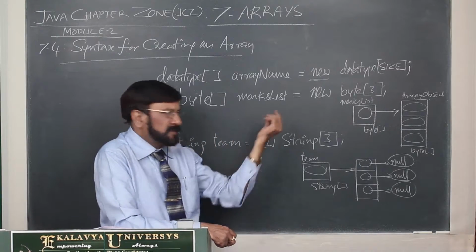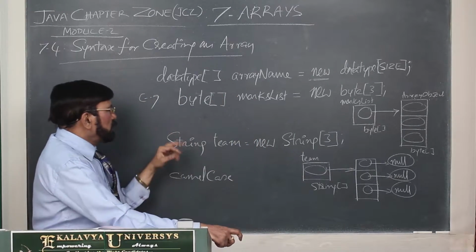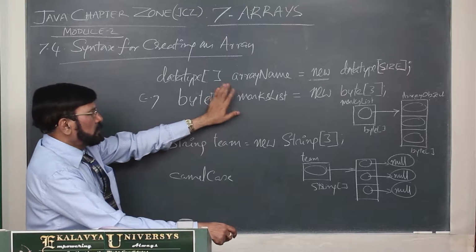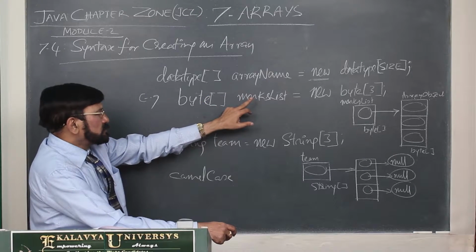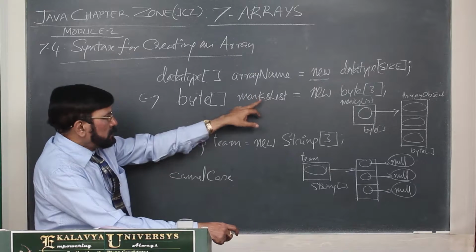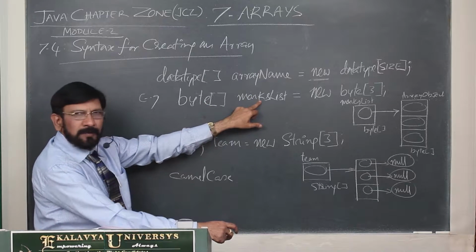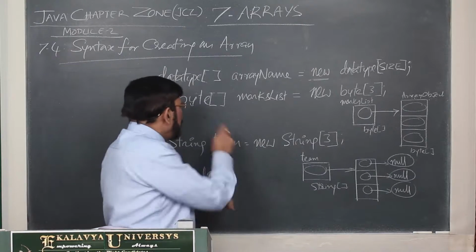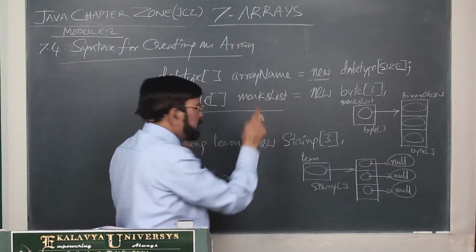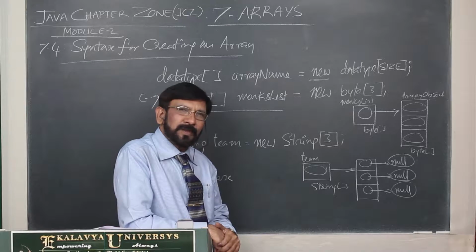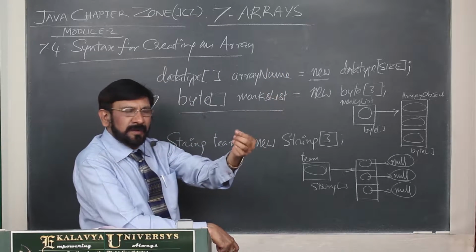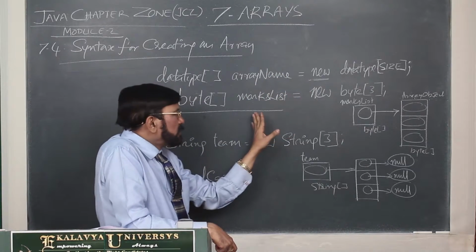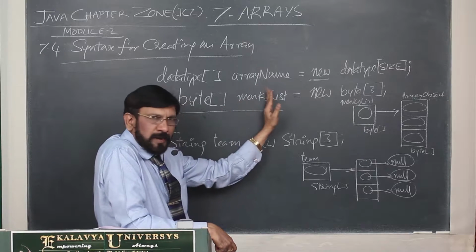If anybody asks what is the type of mark list, suppose if it is a variable, you would tell byte. But this is an array. What is the type of mark list means byte type array, that you can tell. This is the declaration of the reference variable. Already I told you this is like the string of the kite. So this is a different part.